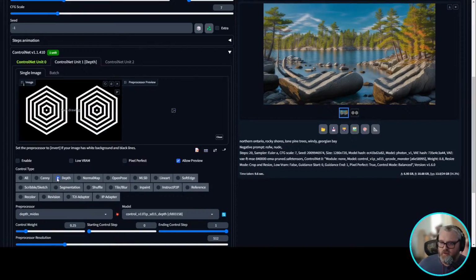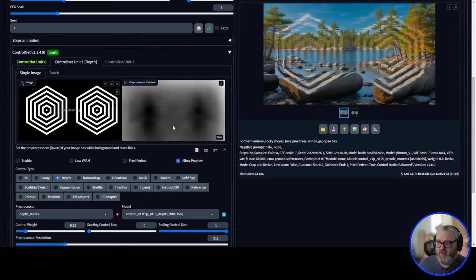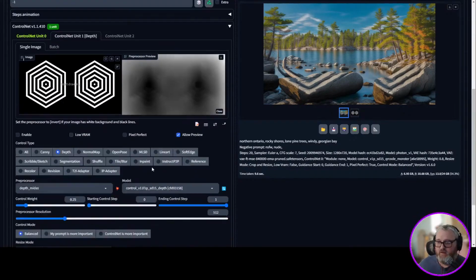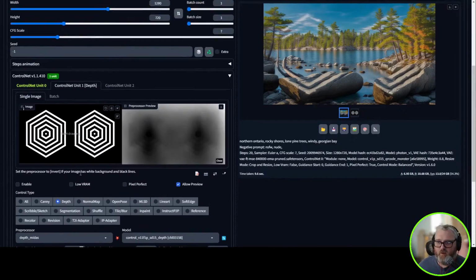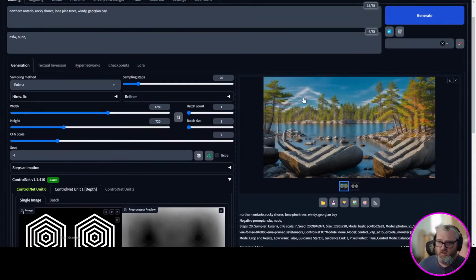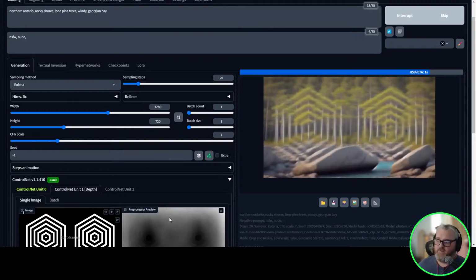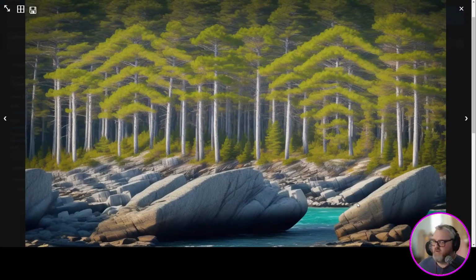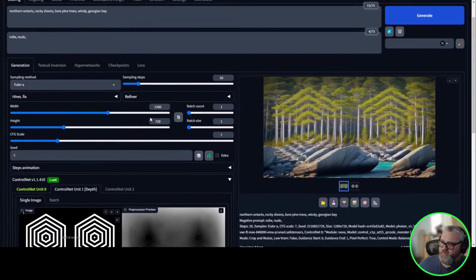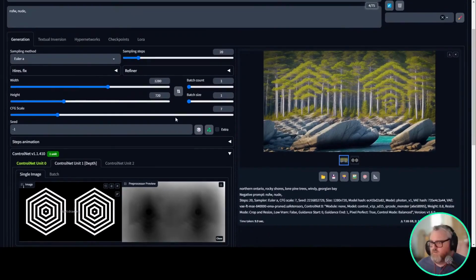There we go. So in depth mode, if we bang it, you'll see it's actually going to generate a depth map for us, and then we can use that depth map in ControlNet. So I'm going to keep the weight relatively low, but this should probably pad out the edges a little bit, but we'll see. Might just break everything because it's too much information. That's not bad. God, that's trippy. Must be what taking mushrooms in the forest is like.